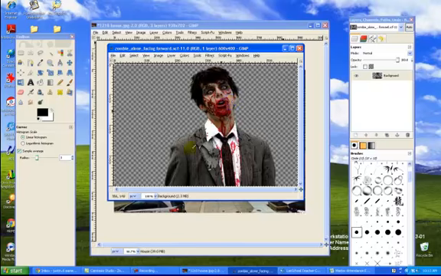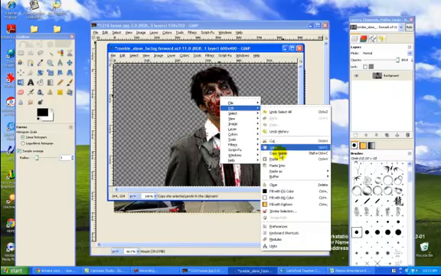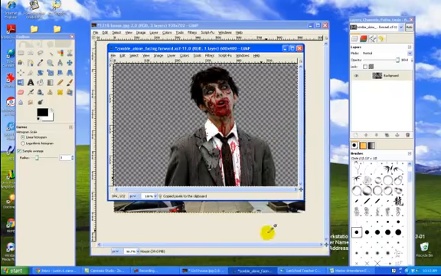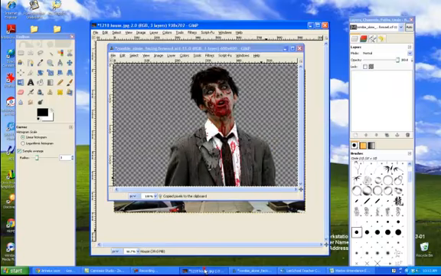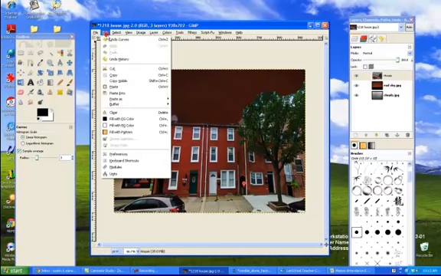So here I have my zombie cut out from the background. I can tell he's cut out because there is the transparent gray checkerboard behind him. And I'm just basically going to cut and paste him onto the screen. So I've gone ahead and done select all. So I got this whole screen selected. I'm going to right click and do edit, copy. And I'm going to do edit, and I'm going to do paste as a new layer. That just saves me a step. Paste as a new layer,